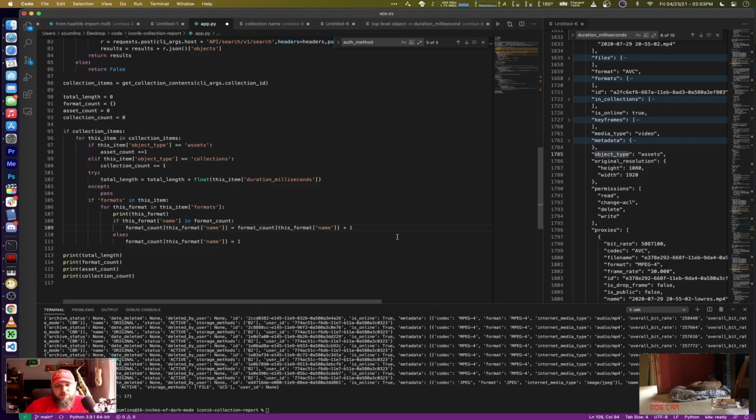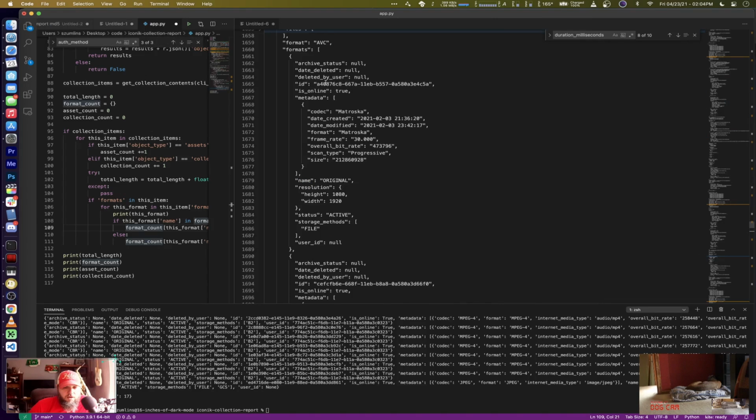We're going to say for each format. So when we're looping through these formats, let's make this bigger again so we can see it, and take a look at our formats. Inside formats, we have the format types that are showing up, right? ProRes, Premiere Proxy, whatever. And then inside the metadata, we have the size here, and we've got the storage ID. So what we're going to want to do is